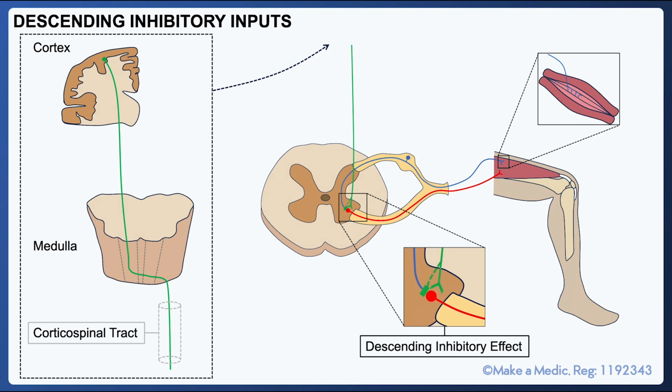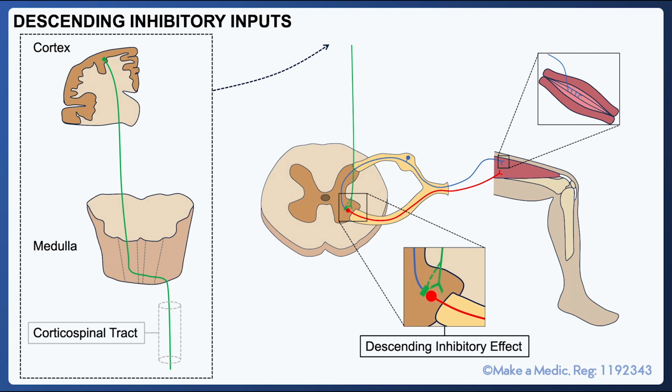There are also several other descending inputs from the brain that come from outside the pyramids, i.e. extrapyramidal. These include the corticospinal tract, the vestibulospinal tract, and the reticulospinal tract. The details of these tracts are beyond the scope of this video. The key points I'd like you to retain thus far is that the corticospinal tract is responsible for voluntary control